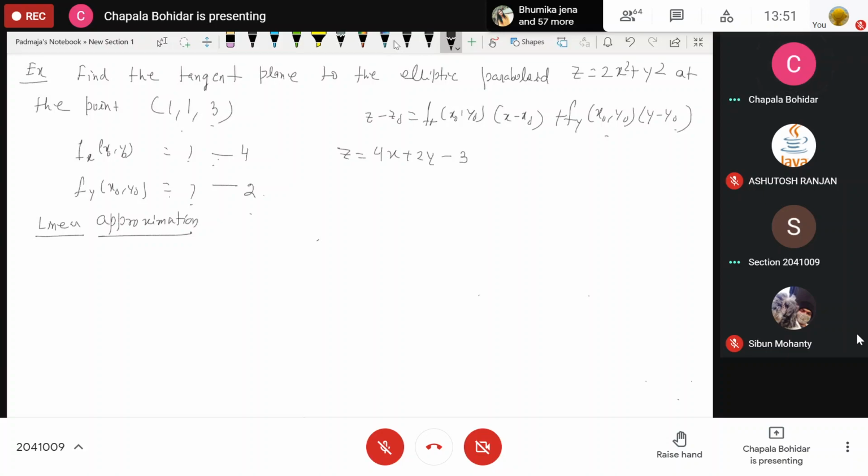If you see your book, there you find that if you zoom the curve, the total curve will be approximately equal to the tangent plane. That is called your linear approximation. Write down: the linear approximation or the tangent plane approximation